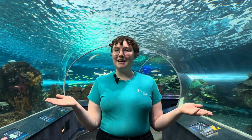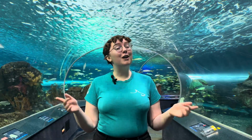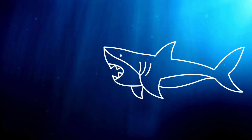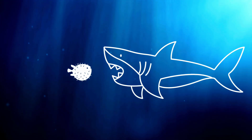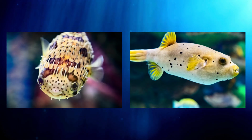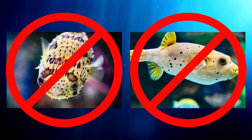So why is this an amazing defense mechanism? Well, if you were a hungry predator, you probably wouldn't want to eat something so large and round because it would be a little awkward. But let's imagine a predator does try to consume this fish and succeeds. What happens then? Well, the porcupine fish and the pufferfish are definitely not the best choice for a tasty meal